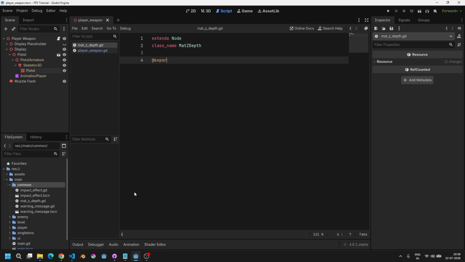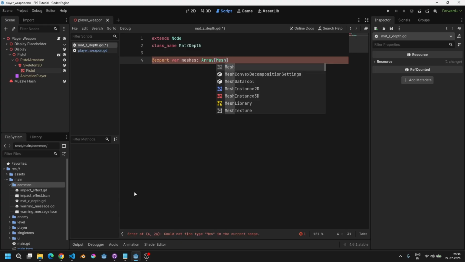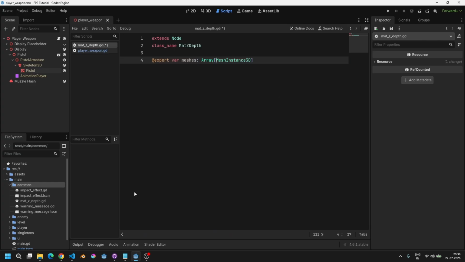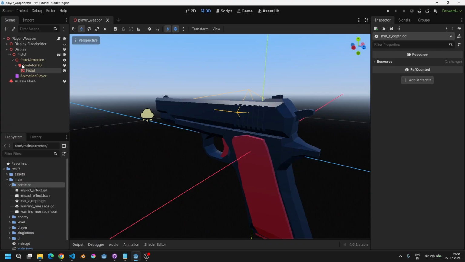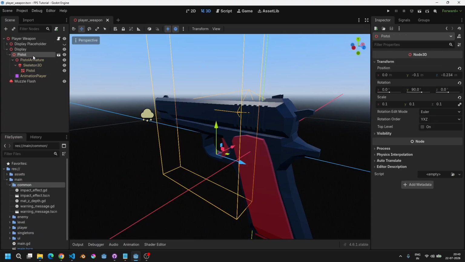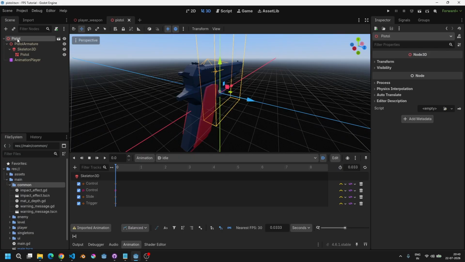So I will first create a variable. Let's make it a little bit more general. It's going to be an array of MeshInstance3Ds, in case we want to have multiple mesh instances. First of all, let's do this in our pistol scene. Okay, so let me just open it, and on the pistol I will attach this script,